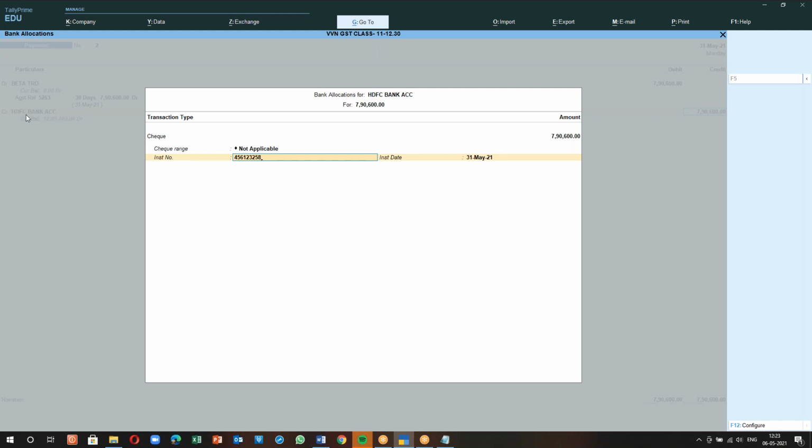And after you enter the bank name and the amount, you get this screen, which is called the bank allocation screen. Here on this particular screen, you have to see that if it is a check, and you select